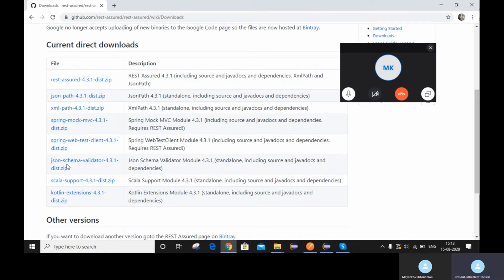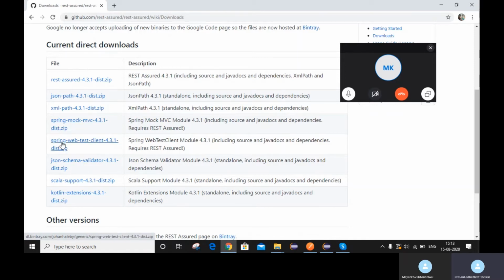We need these four zip files if we want to set up our REST assured project and start from the very beginning, so that we can start from the very basics of REST assured testing. But if you can see here, some of the zip files have names that start with Spring.